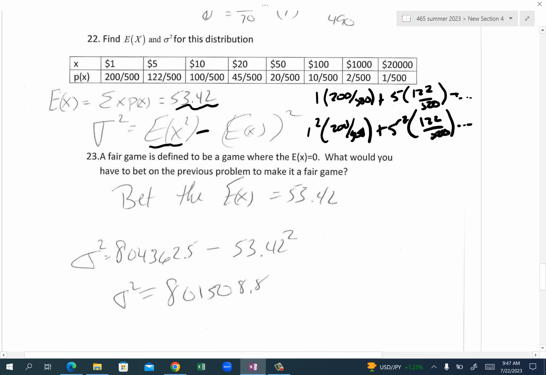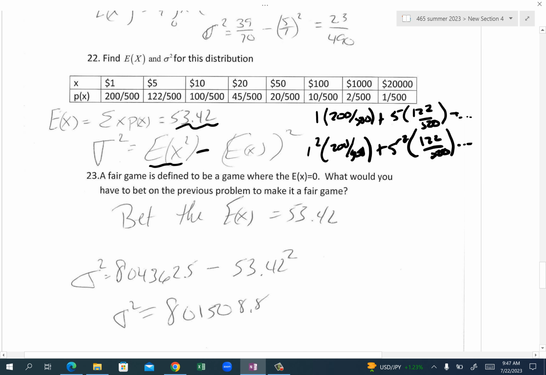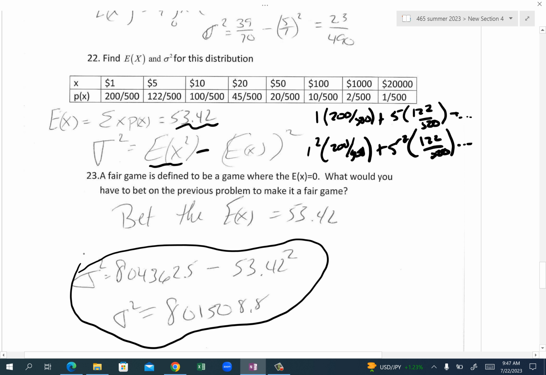Okay? And this is the final. There's your variance. If you wanted the expected value to be a fair game, you would bet that much right there. In other words, you'd expect to get 0. If you played a game and the expected value was 0, that means you break even. You never make any and you never lose any. By the way, no one likes these games.